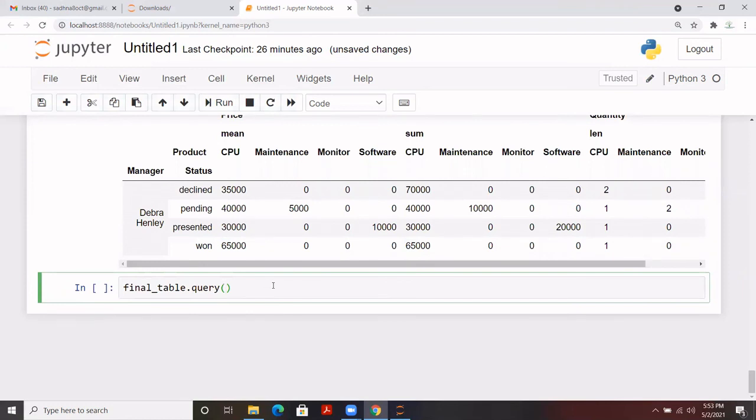So I'll be writing like this: status, and in the status I needed the pending one. So that's what I have passed here, and I'll be closing it outside this. Yes, perfect. Right.